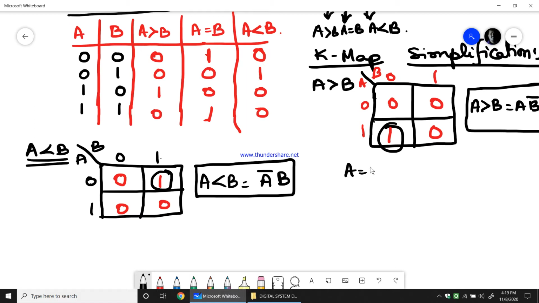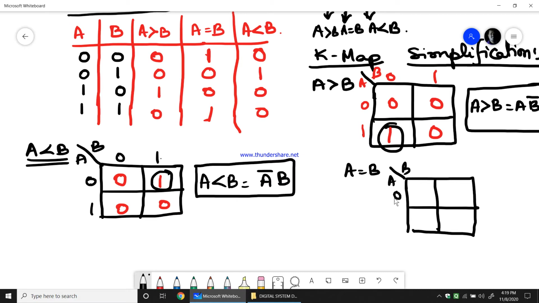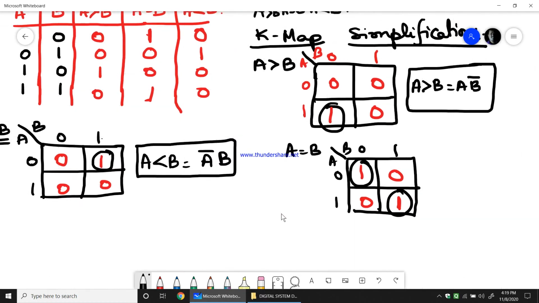Finally, for A equals B, if I write the K-map, so here for 0, 0 it is A equals B is 1, for 0, 1 it is 0, for 1, 0 it is 0, for 1, 1 it is 1. Therefore again I can't group it, so I group this individually. Diagonal grouping is not allowed, as we all know. So therefore A equals B would be equal to